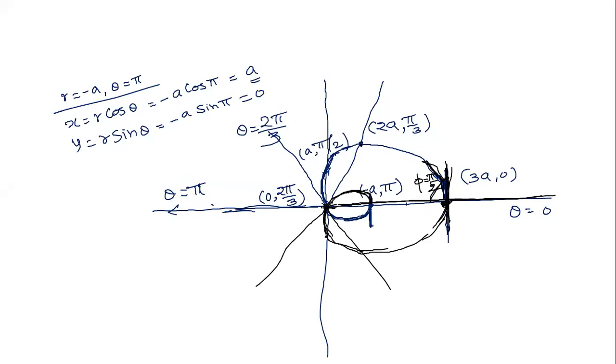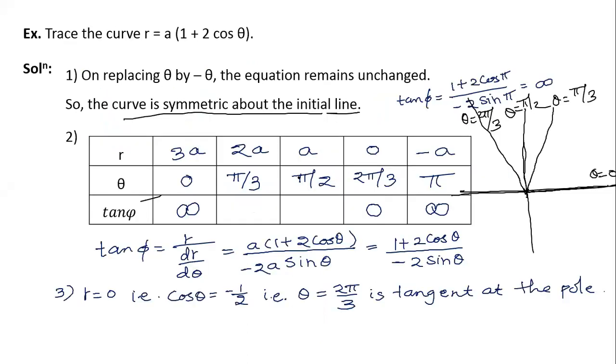So next, it is not necessary to find the value of phi in the case of r equal to 2a and θ equal to π/3. We can draw it by our guessing. Then here also, r equal to a and θ equal to π/2, there is absolutely no necessity, but here there is confusion when θ equal to 2π/3. So we have found in that case tan phi is equal to 0, and tan phi 0 means phi is also 0. What does this mean?